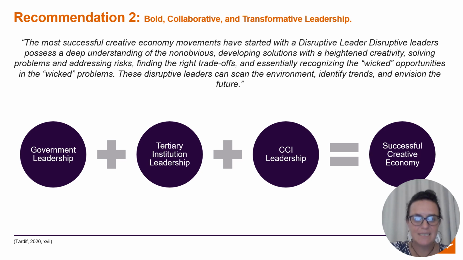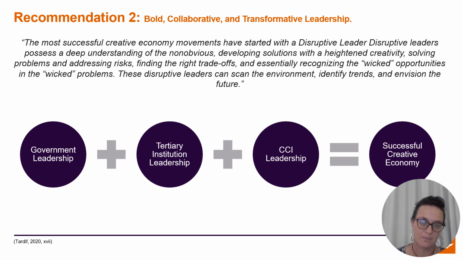These disruptive leaders can scan the environment, identify trends, and envision the future. These leaders come from 3 areas: governments, tertiary institutions, and within the industry. According to the survey, practitioners think that government leadership is currently unsuccessful within Johannesburg. They had mixed results with tertiary institutions, mixed results with CCI, but CCI did do better than tertiary institutions. The issue here is that they all have to be working well with each other in order for a successful